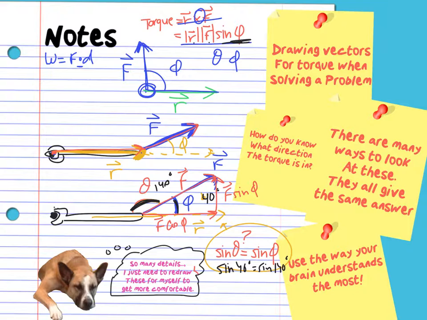Which of these forces actually causes the wrench or the tire iron to rotate? Would tugging on it in this direction help? No, that's not going to rotate it, is it? Would pushing up on it in this direction help? Yes, it would. So really, this is the only component of the force that is actually rotating the wrench around,